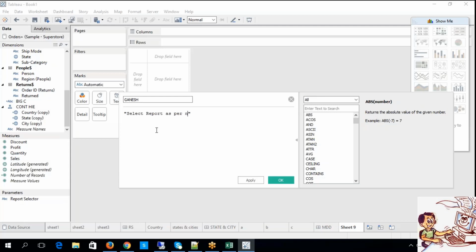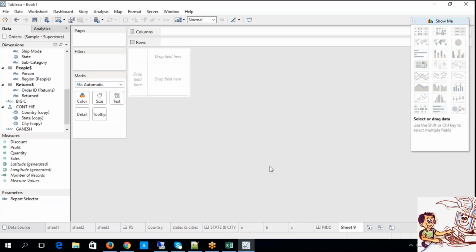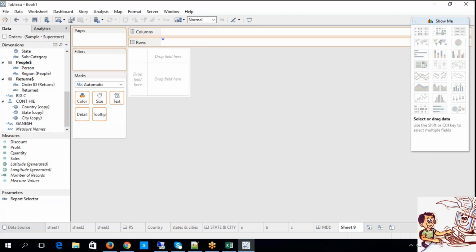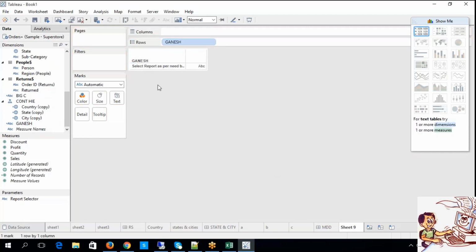Okay, fine. Apply. So what is happening here? Ganesh, the calculation field, has been created, isn't it? Now, this particular field I'm just pulling here. Ganesh is the calculation field where you are writing down select report as per the need basis, something like that.